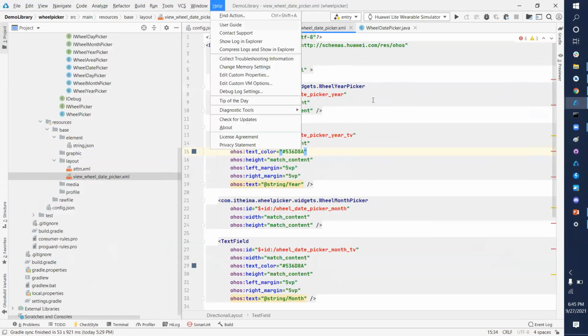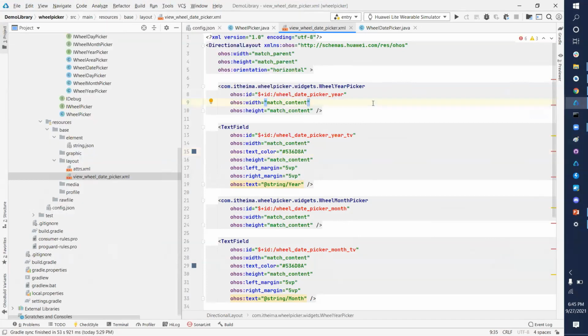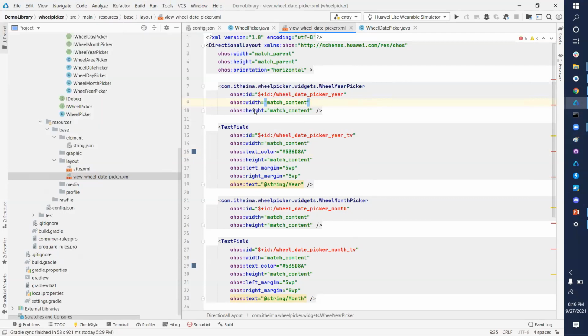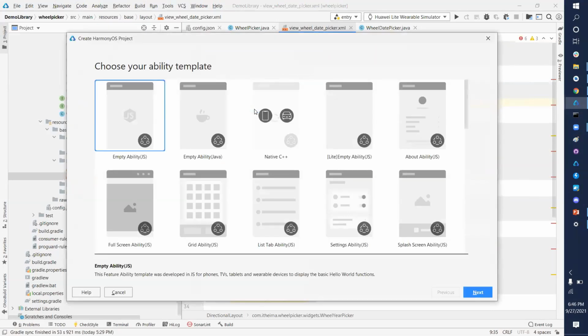So this is DevEco Studio. You know this, DevEco Studio is our official development IDE for the development of Harmony OS projects. So we'll go over here, File, and then New Project. One project should be there. Either you can develop a library in any existing project, or if you do not have any, then you can create a new project. So I'll start from the beginning, assuming that you do not have any project created.